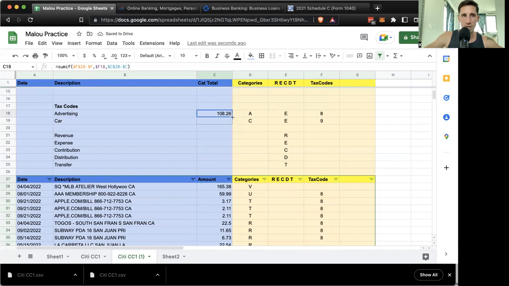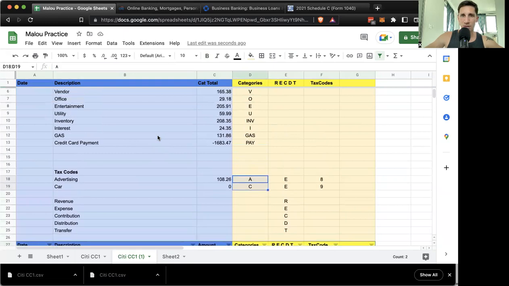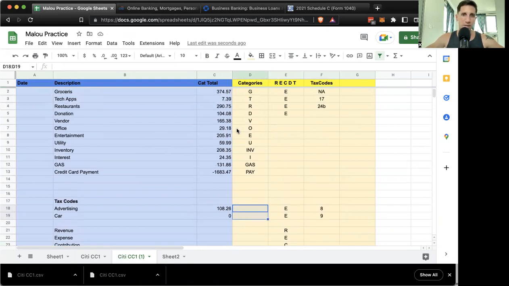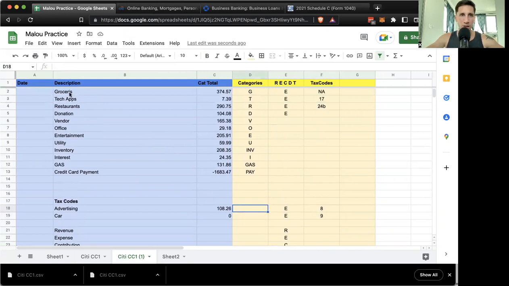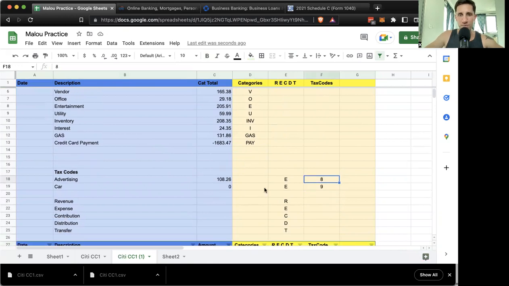Okay, and it does. All right, and then we're going to do the same thing here. We're not going to use, this is what's confusing, is why I had an A and C. Advertising is just going to be an 8 and 9. Any of these advertising, if you want to know an advertising expense, you can use the 8 or 9, right? Yes, you might also have an A for advertising, but you might also have advertising and marketing and SEO. You might have other categories that all combine into advertising. And this is the combined advertising for tax reasons number. Anyway,